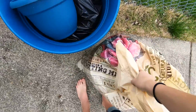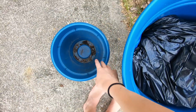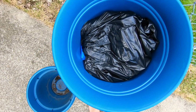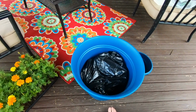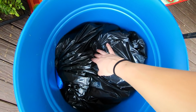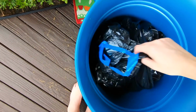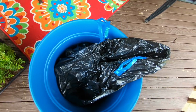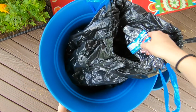I picked up soil from my aunt's house because she had one, and then she had a little blue pot that matched the big blue pot. So I'm going to use both of them. Because this is such a big pot, it would be so heavy if I filled the whole thing with soil and then put flowers in it. So instead, my aunt and grandma are very savvy with plants, and so we just have a trash bag filled with